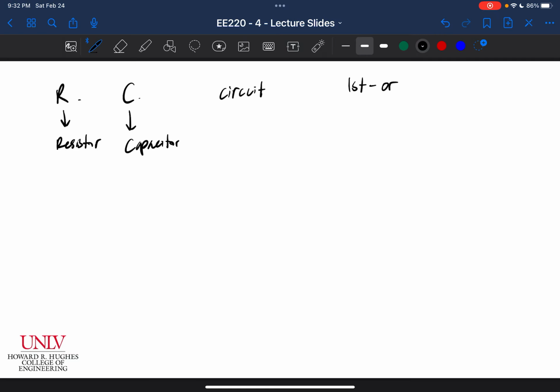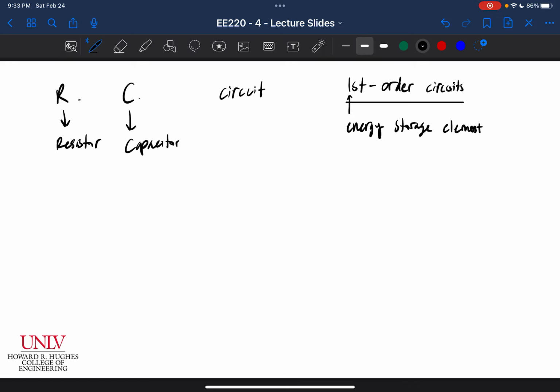So I've been talking about first order circuits. Well, I haven't been talking about them by name, but I've been talking about them as part of the title of this module being energy storage elements and first order circuits. And so a first order circuit is basically a circuit that contains one storage element or one energy storage element. Okay, and so if I have a circuit that has one capacitor or one inductor, that is a first order circuit. If I had a circuit that contained multiple capacitors, multiple inductors, or capacitors and inductors, those would be higher